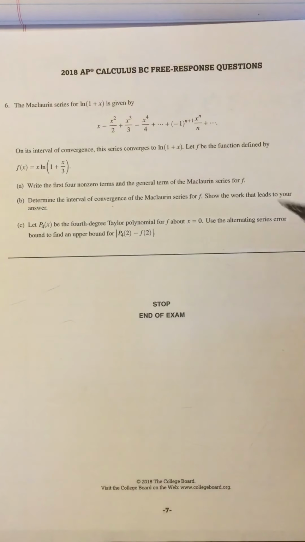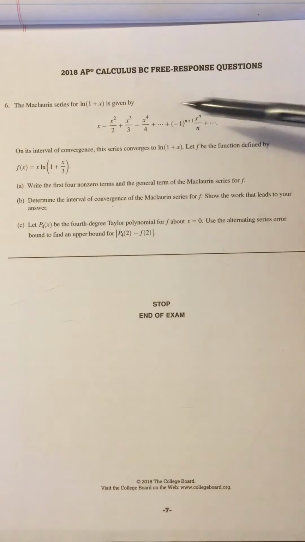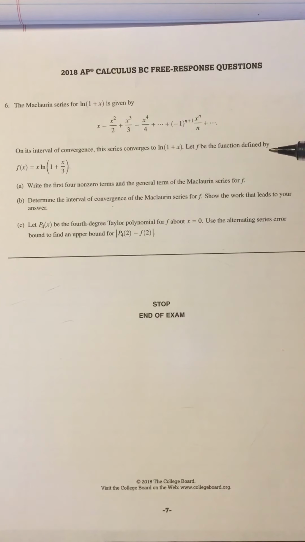2018, number 6, part A. So this is a Maclaurin series. You know, Maclaurin and Taylor series are one of the main differences between A, B, and BC. So that's why there's always going to be a Maclaurin or Taylor series question on a standard